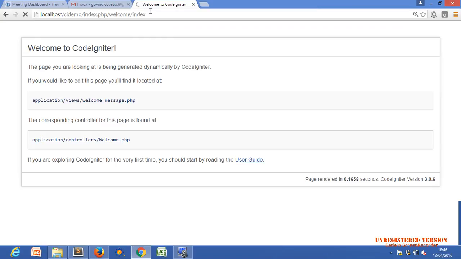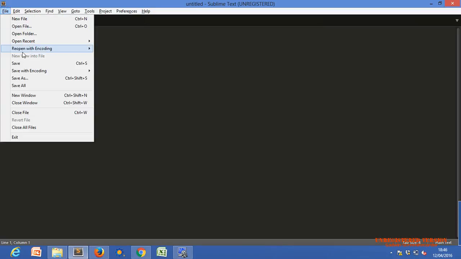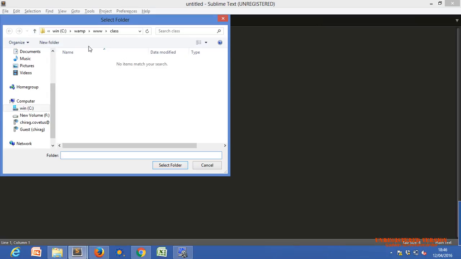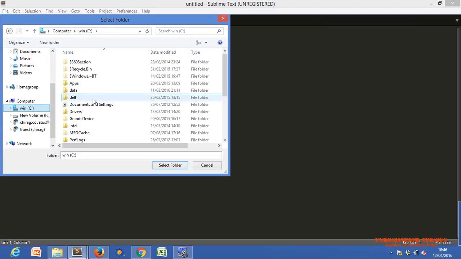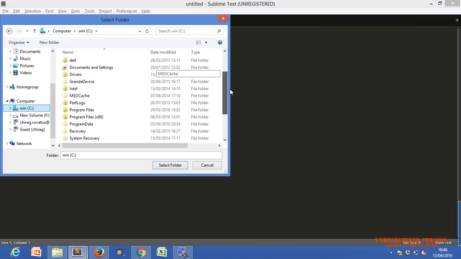Run the same page. Now try to open. We can open the folder directly also. This is the folder structure of CodeIgniter in our Sublime Text.